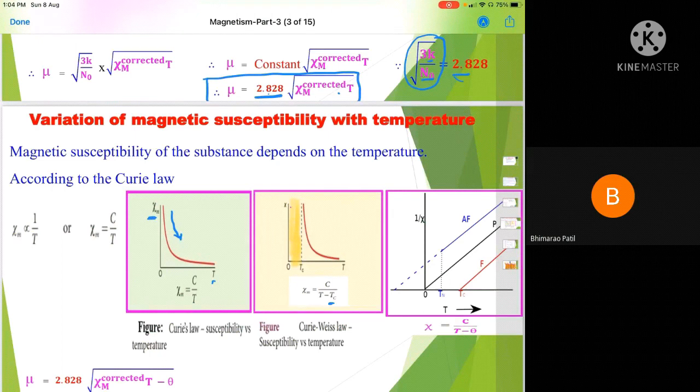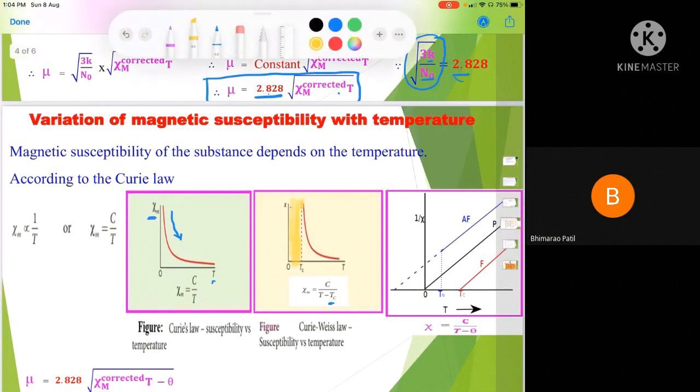Above that particular temperature, the material behaves like a paramagnetic material, and therefore this Tc in that equation is the Curie temperature. If you want to measure the molar susceptibility of ferromagnetic substances, you must first measure the Curie temperature, and substitute the values into this equation, then you will get the molar susceptibility of the ferromagnetic substances.